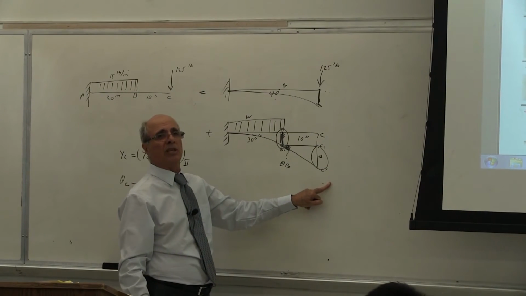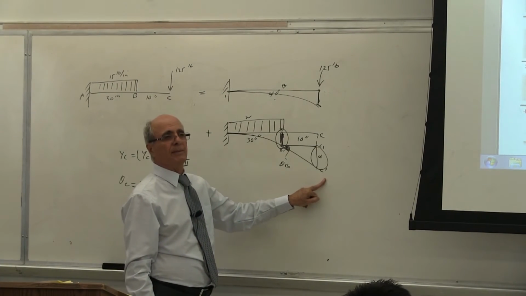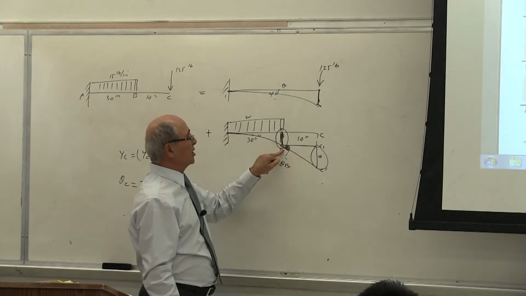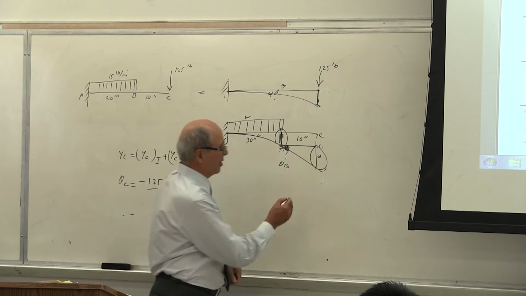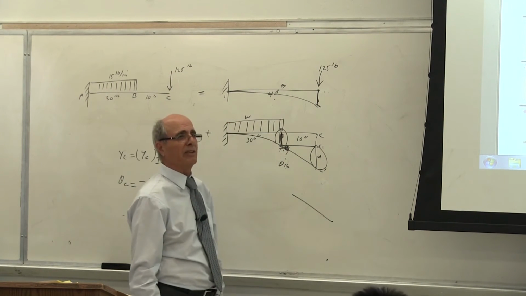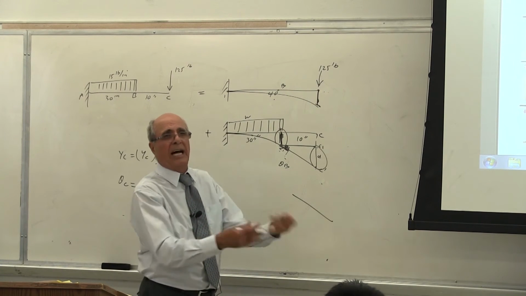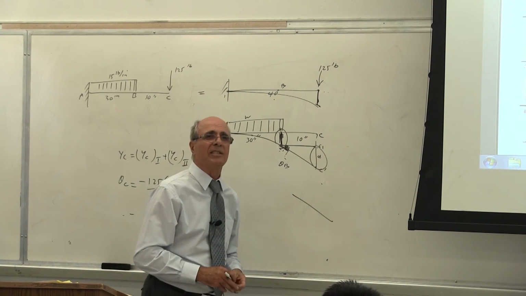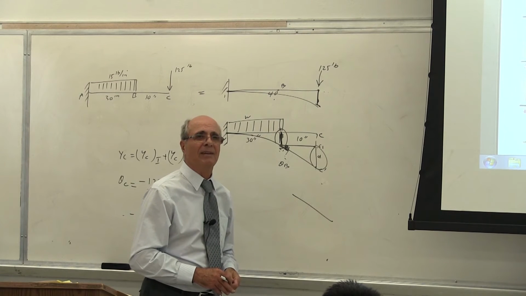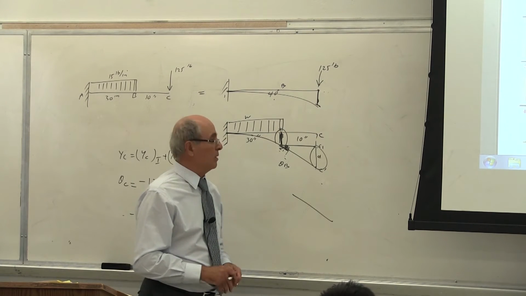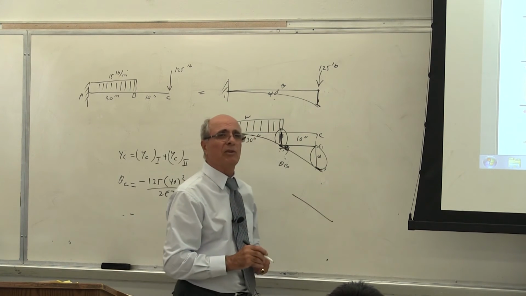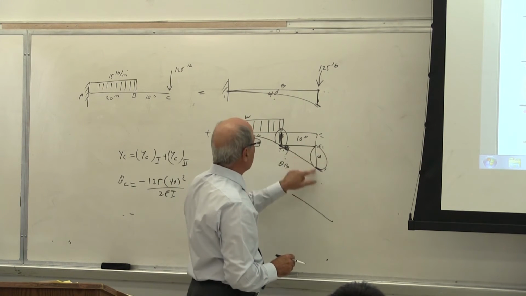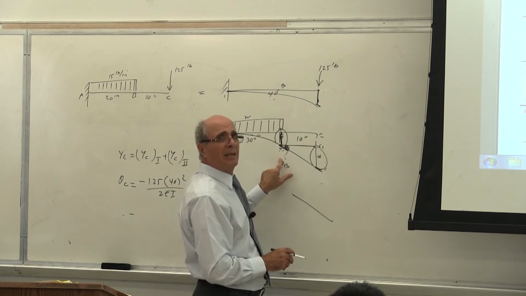Now coming to theta c. That was his question. What's theta c equal to? Theta c is equal to theta b because this is a straight line. Yes or no? The straight line has the same theta. Correct or not? So I don't have to adjust it. Is that what you are asking? So do we add the two? So this theta is equal to that theta. So theta at c is equal to theta at b.